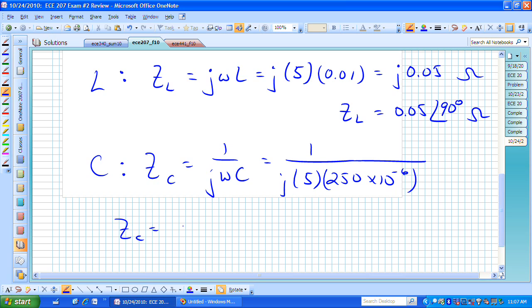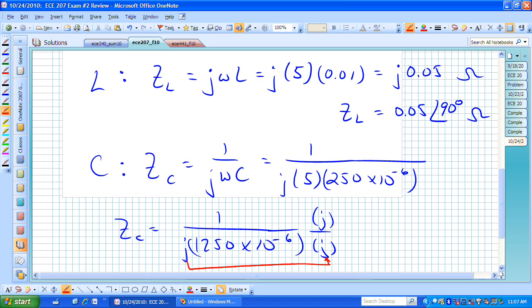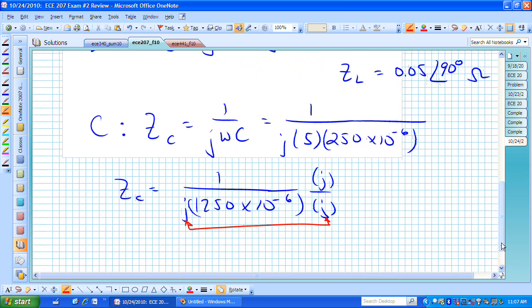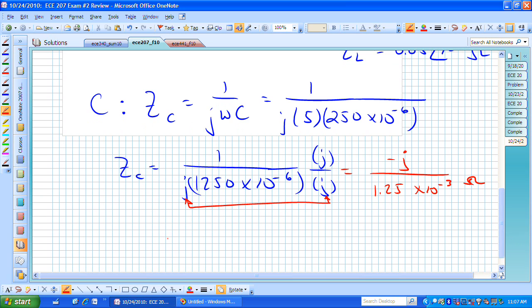We can clean it up a little bit. We can multiply by 1 if we want to, where 1 is now j over j, and remembering that the product of j times j, or j squared, is minus 1, then we have minus j, and downstairs we could say we have 1.25 times 10 to the minus 3 ohms, or we can take all of that upstairs, and we now have that Z sub C is equal to minus j, and